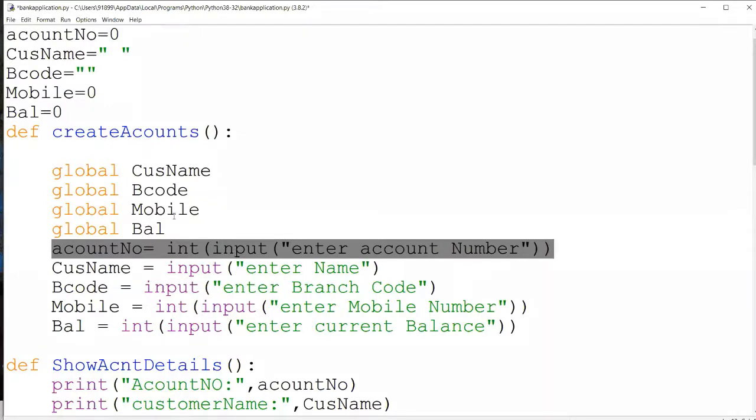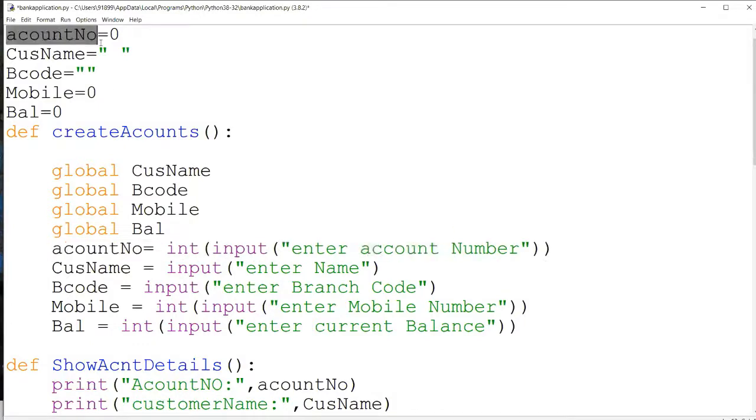So what should I do if I want to use this account number variable? Whenever you want to use global variables inside the function body, you must use the keyword global. When you use the keyword global in front of those variables, the account number you use inside is taken from the global section.